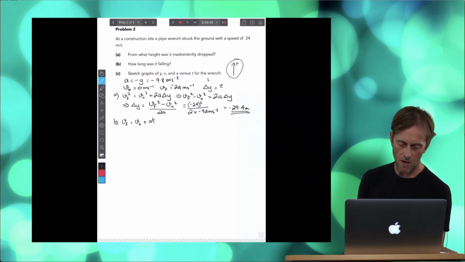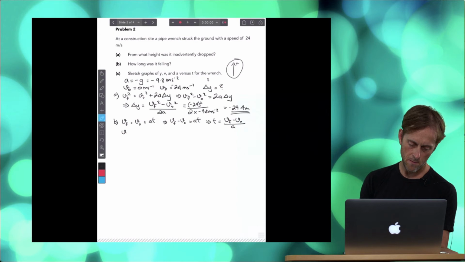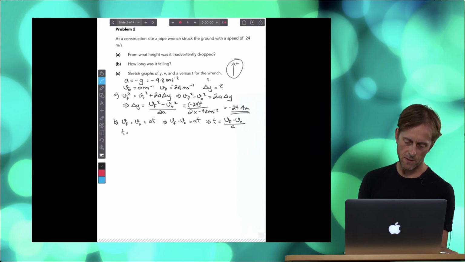And we want to find the time, so we can rearrange this guy. So we subtract v naught from both sides. Vf minus v naught equals at. Divide through by a on both sides, and we get t equals vf minus v naught over a. Therefore, t is vf, which was negative 24